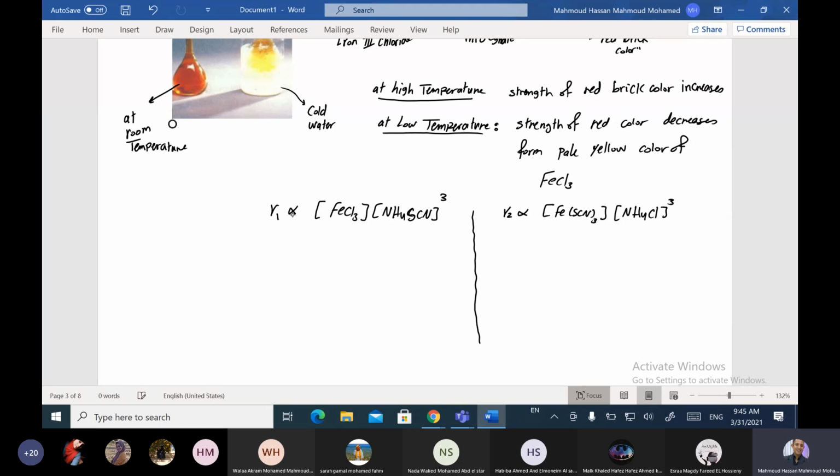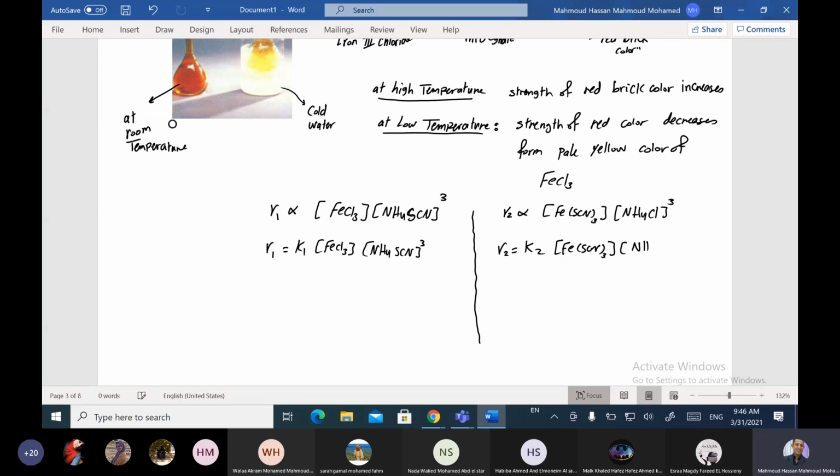By removing the proportional sign and replacing it with the constant K, R1 equals K1 [FeCl3][NH4SCN], and R2 equals K2 [FeSCN]